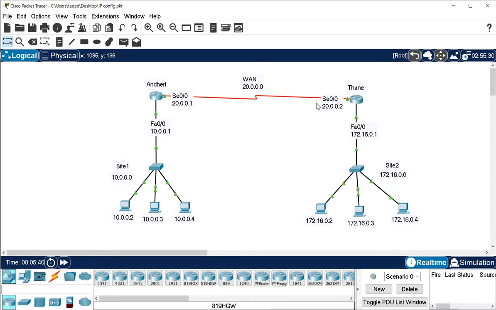Now why am I saying first hop address? Because if you have multiple routers and multiple networks, this first hop will always be the first hop. This first hop will not change, and that is why it is called the first hop address, and you have to give it. Otherwise, you can give one more thing.